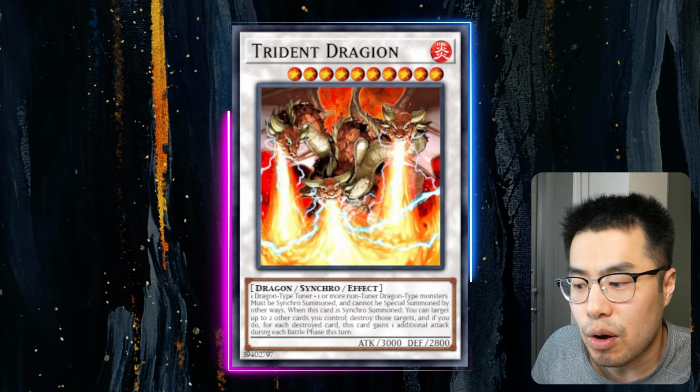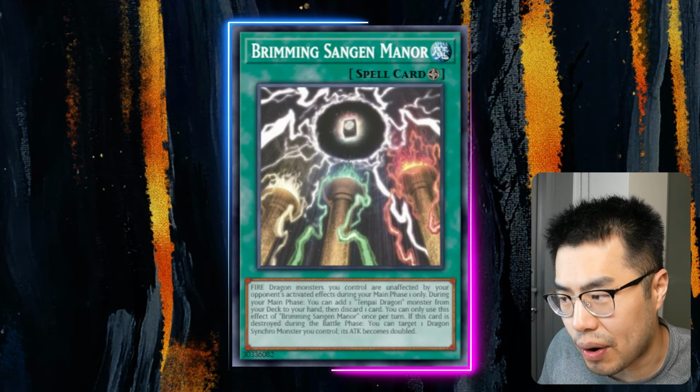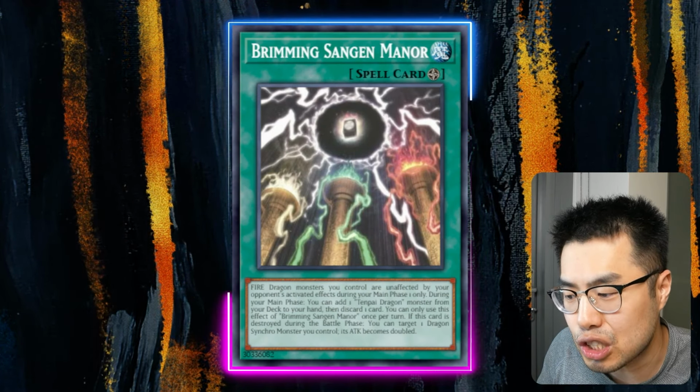It's actually a Go Second deck called the Tenpai Sangan Dragons. How this deck works is it's basically a battle phase oriented deck that is actually tier 1. Yes, off one single card, the card that you're seeing on screen right now, you can deal over 35,000 damage in combination with the synchros that they have and Trident Dragon, who allows you to attack 3 times. So yes, going second with this deck is a huge trend in the OCG metagame, and predominantly their one field spell called Brimming Sangan Manor is their search card that allows them to search for the one card starter,